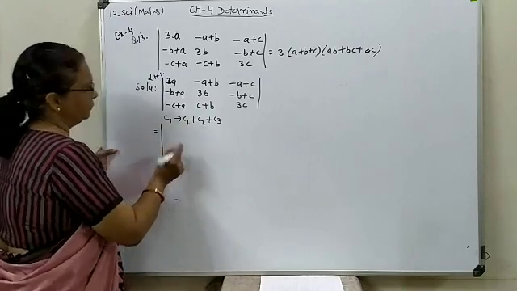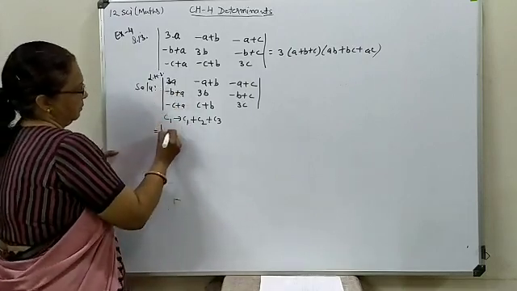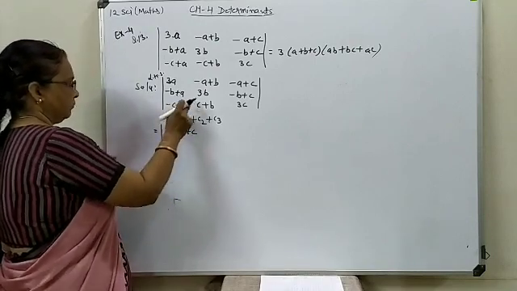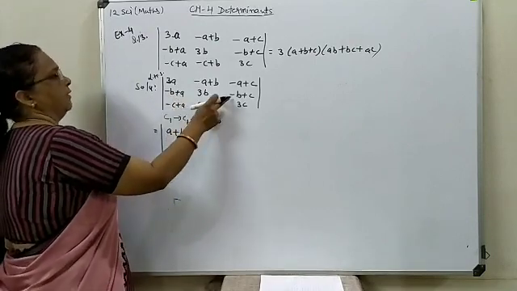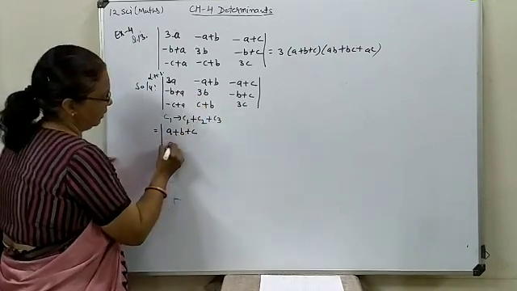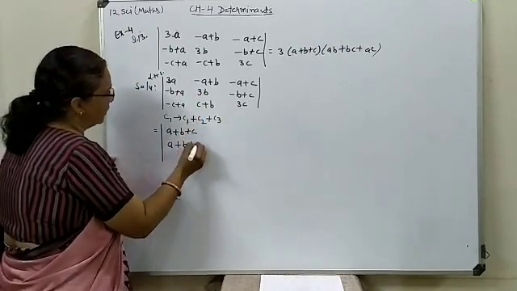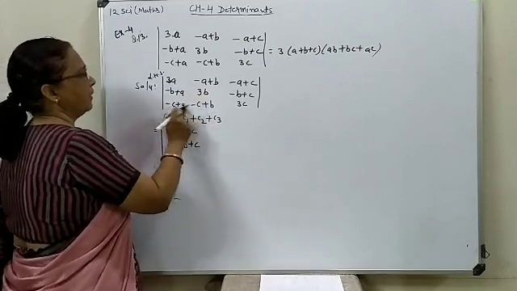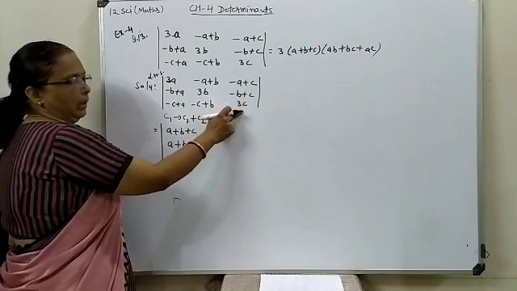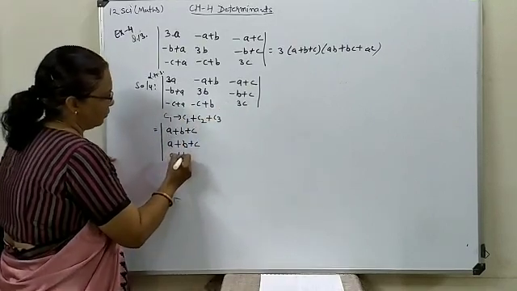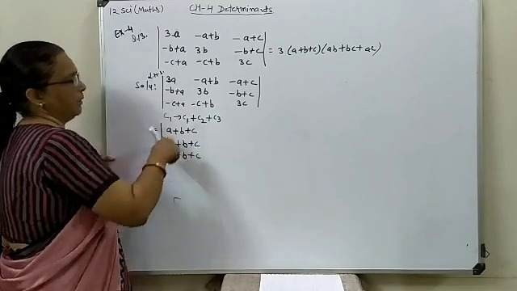So this will give you a plus b plus c. Here minus b and 3b will give you b, and the remaining with the linear combination. So a plus b plus c. Here also this minus c and this will be your 3c, means again c, and a and b you will write as such. So the same combination you will generate everywhere.